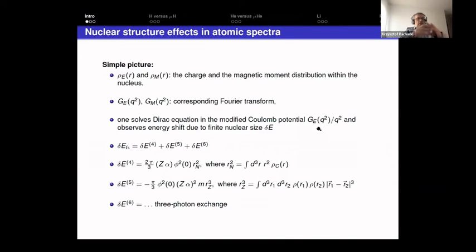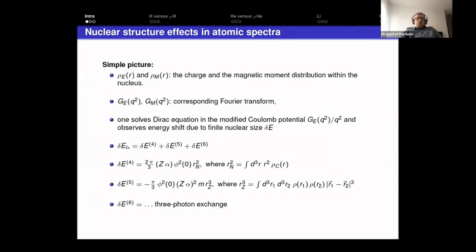Once we have this, we imagine the nucleus as a rigid body with some fixed distribution of charge, modify the Coulomb interaction, and solve the Schrödinger or Dirac equation in such a modified potential. From the solution, we observe a shift with respect to the point nucleus, and this shift we regard as coming from the finite nuclear size. The shift in energy